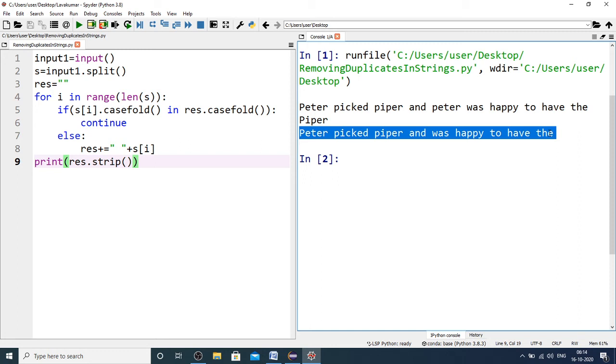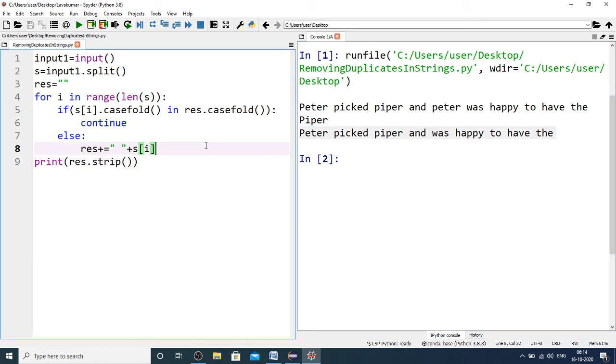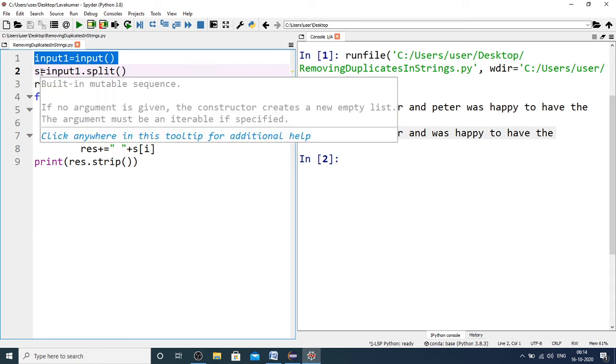I mean, there are no extra spaces in the beginning or ending. So again, I'm using the same logic here, including the variables. So the first line you can ignore in the placement exam, because you are not going to read any input, as I said.